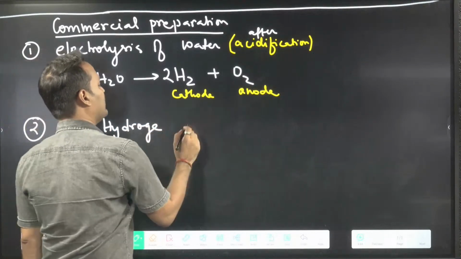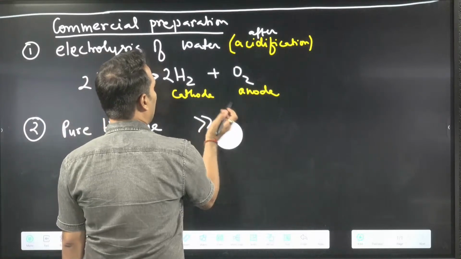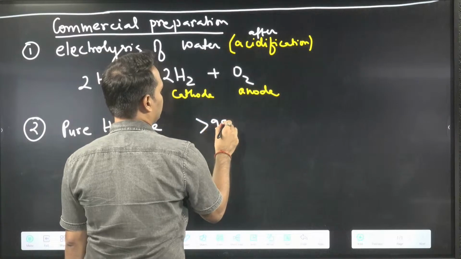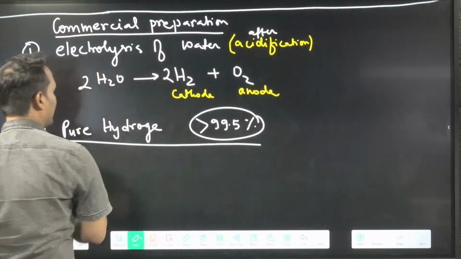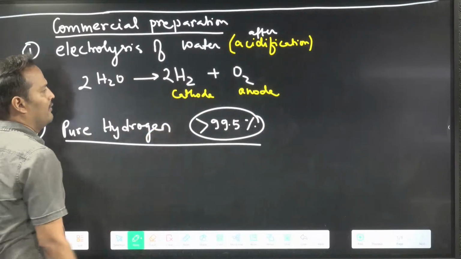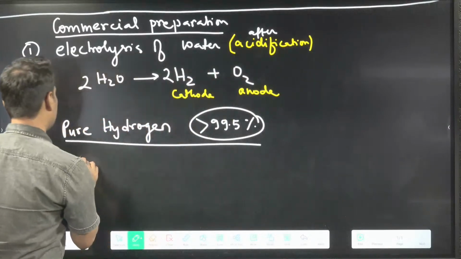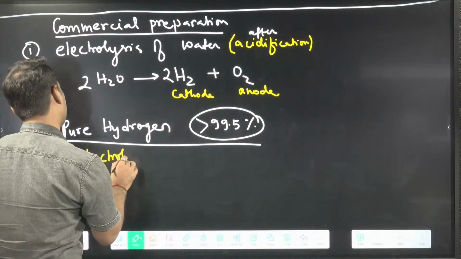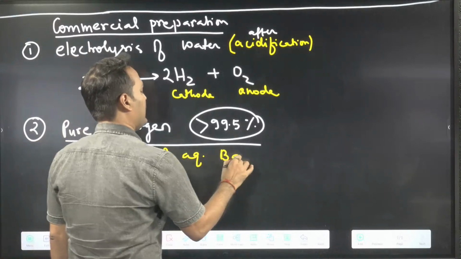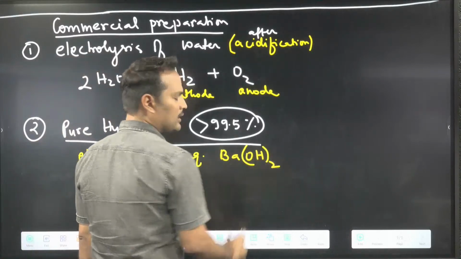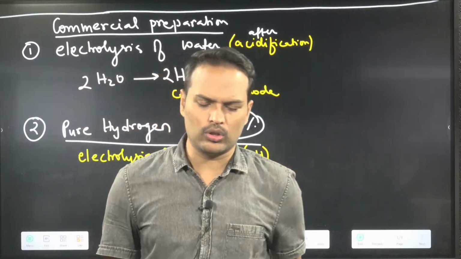बताओ. More than 99.5% purity. How I will get this? बताओ. So they will say here कि electrolysis of aqueous barium hydroxide. Acha, electrodes are also important, but I'm not writing so much about electrodes now because you